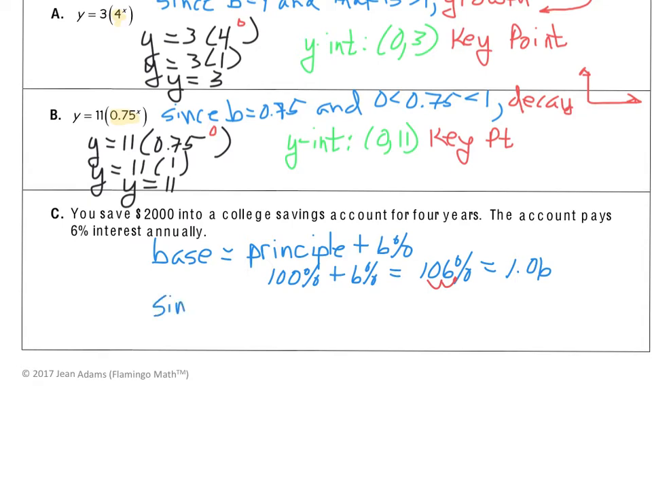Since 1.06 is greater than 1, we have growth. And hallelujah, you have growth, because you're investing. One can only hope that you have growth. All right, and so then your y-intercept is going to be